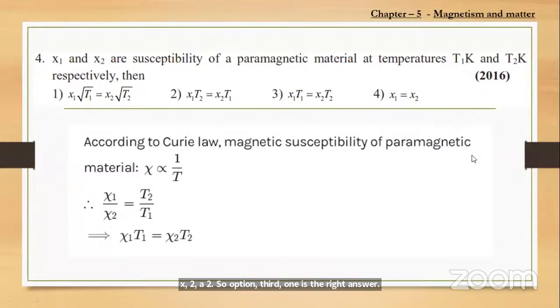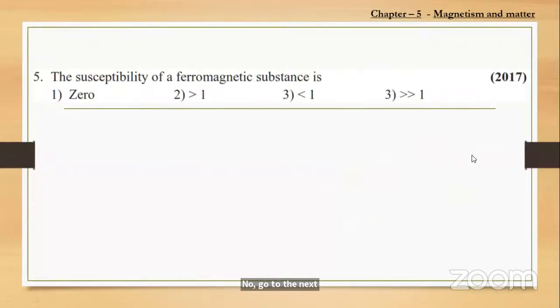Now go to the next question, which was asked in the year 2017. The